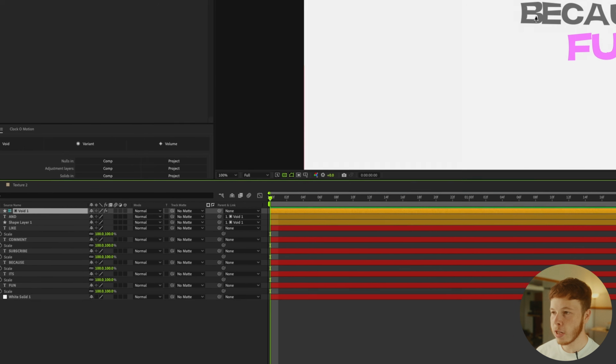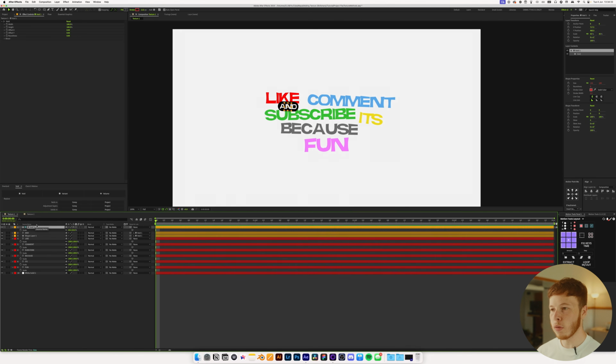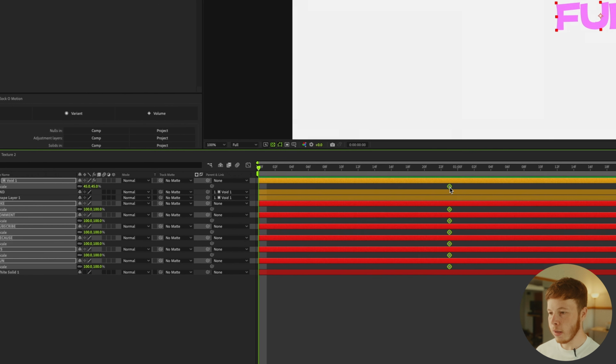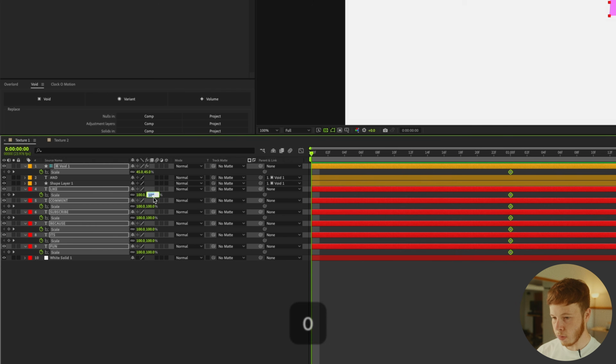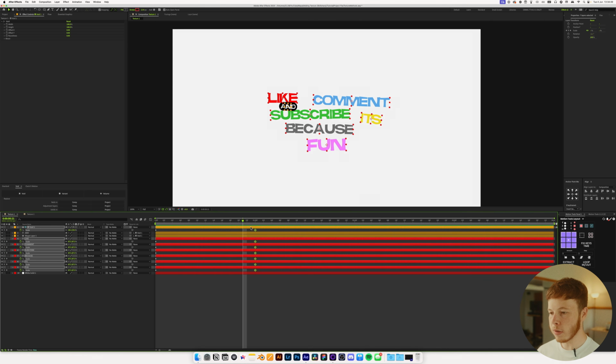And then for the null one, we're just gonna keyframe the null, just because we don't need to keyframe the individual layers of it, and just set a keyframe for all of that, and then move that keyframe out a little bit. Let's go to about 1 second, and then right at the beginning we can just set all of that to 0. So now playing that back, we have a scale animation,